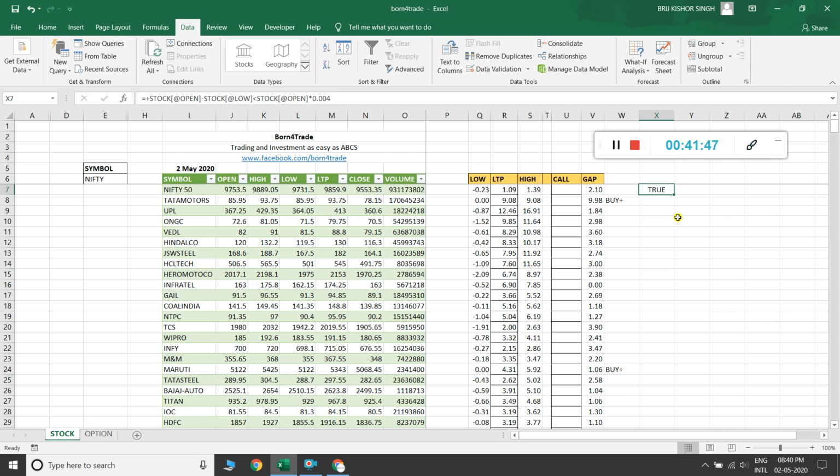You can carefully understand the process, because I have some language problem. Okay, so this is true, and I'm checking here, click search, draw here, it is true also. It is greater than minus 0.4%, that's why it is true.